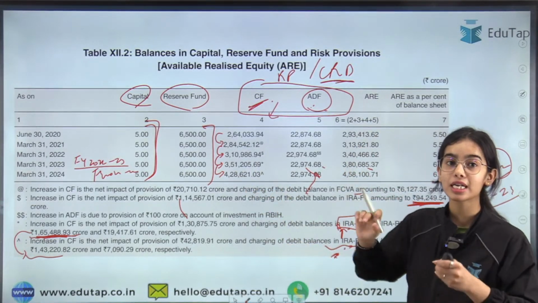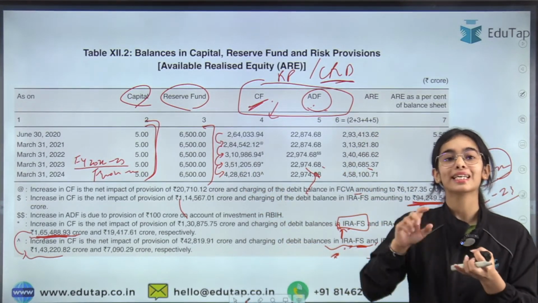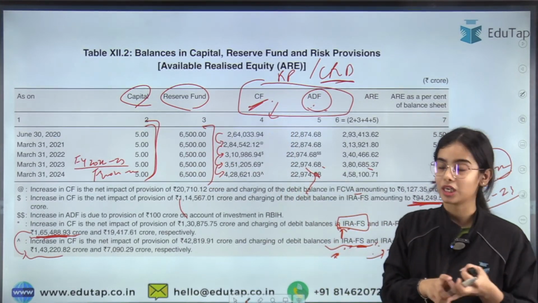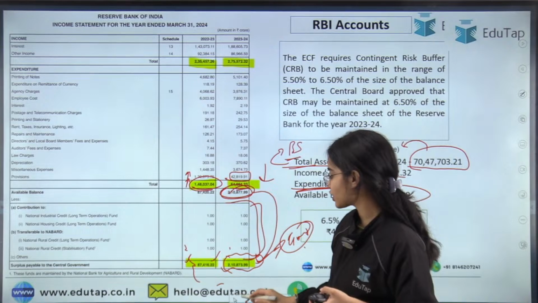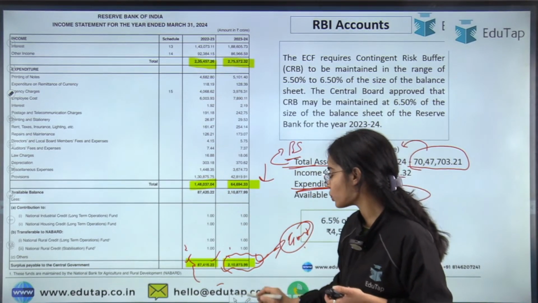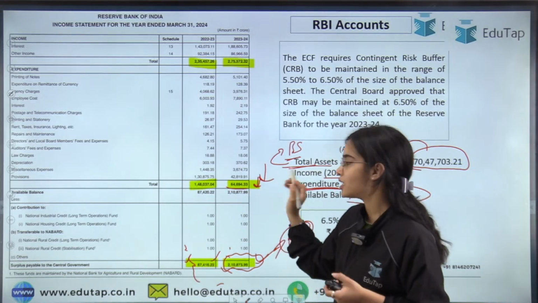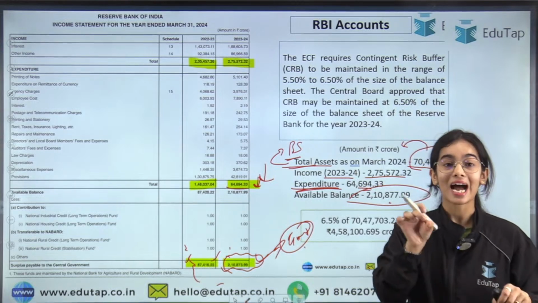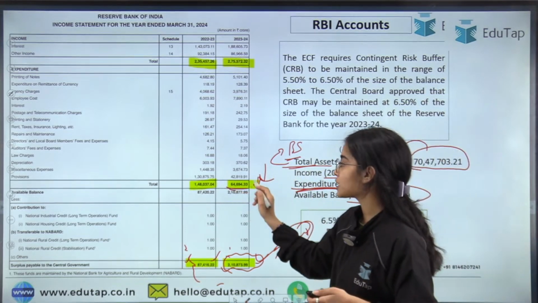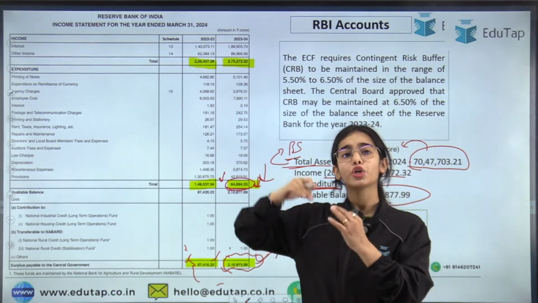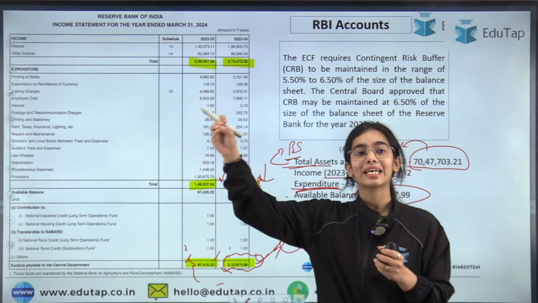It's not that the risk provisions of this year are different from the previous year. They accumulate slowly. So the risk provisions that had to be maintained for the financial year 2023-24 were lesser because, first of all, the fluctuations reduced by a lot, and risk provisions accumulate. So we had to maintain lesser risk provisions because we maintained huge risk provisions in the previous year